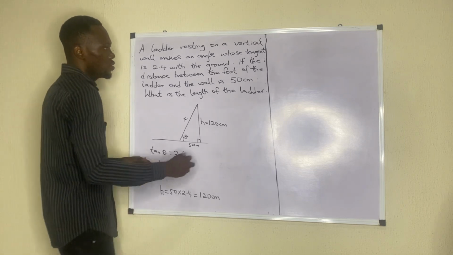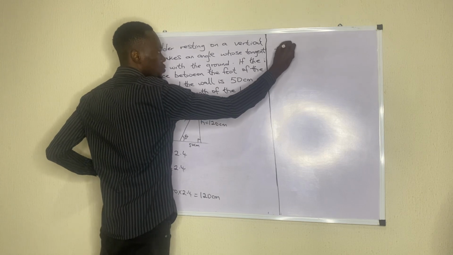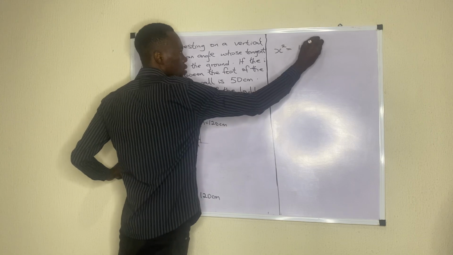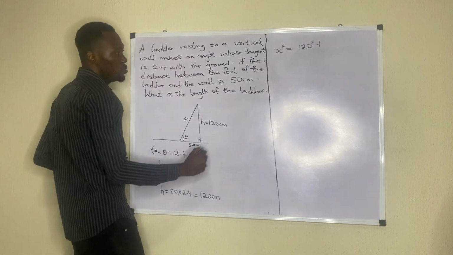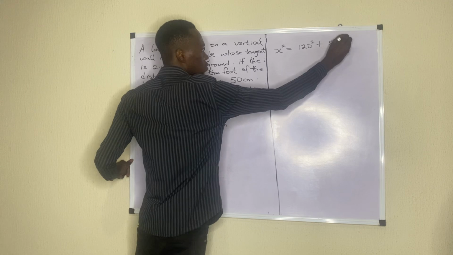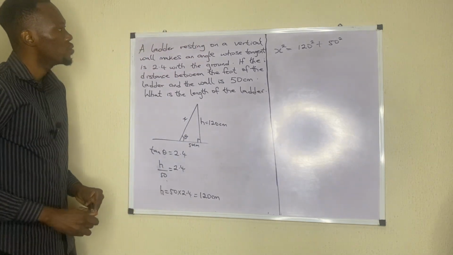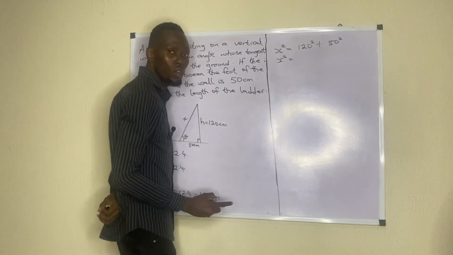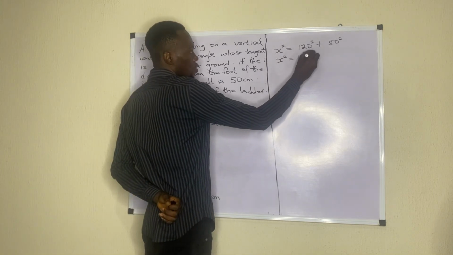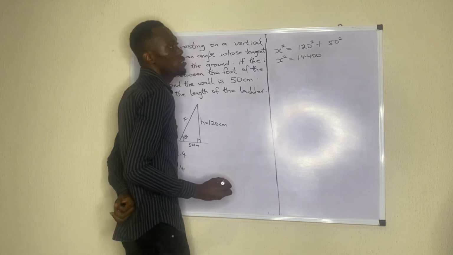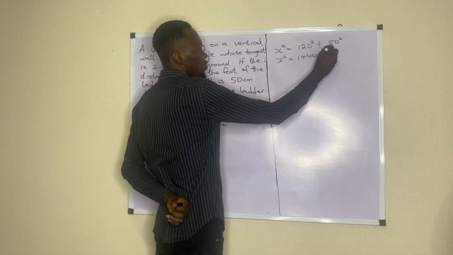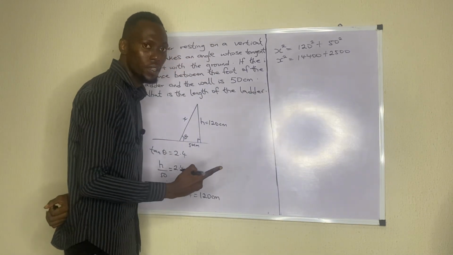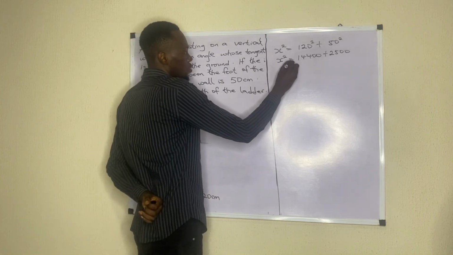From Pythagoras, x squared will be equal to h squared, which is 120 squared, plus the adjacent squared, which is 50 squared, right? So what would that give us? x squared is equal to the square of 120, which will give us 14400, right? The square of 50 will give me 2500. I just need to add that together, right? So x squared will give me